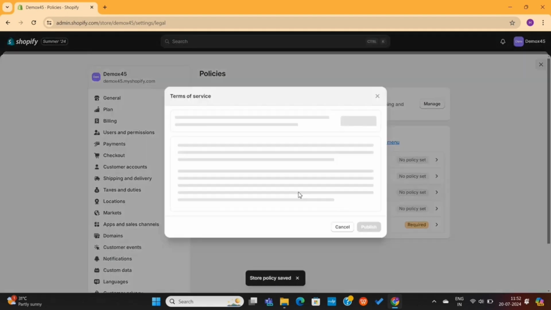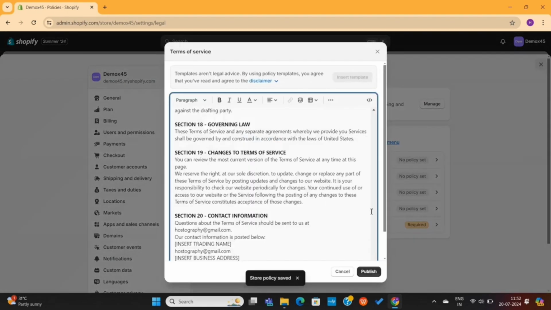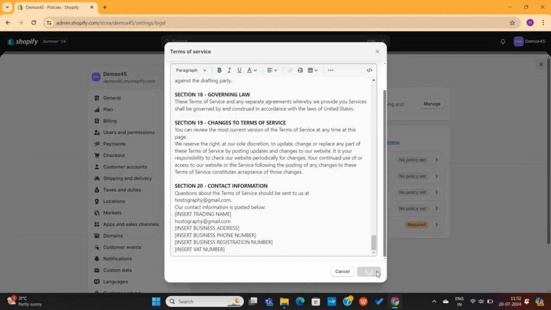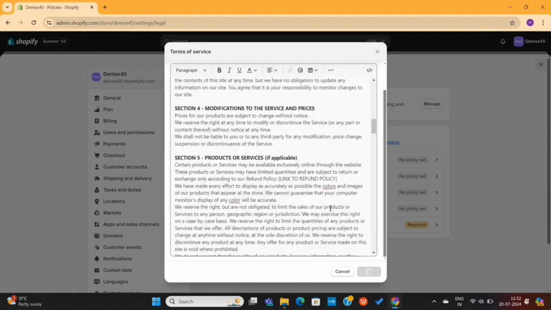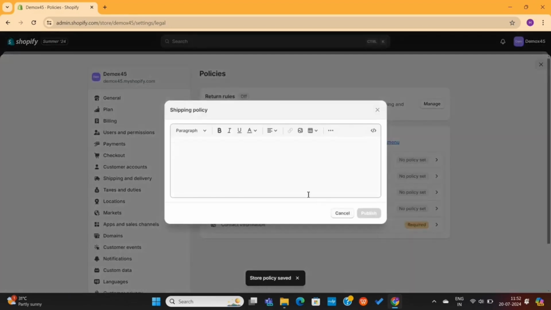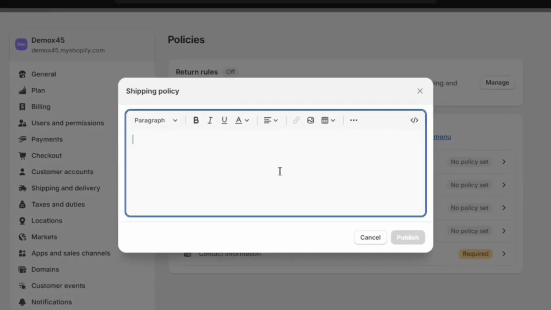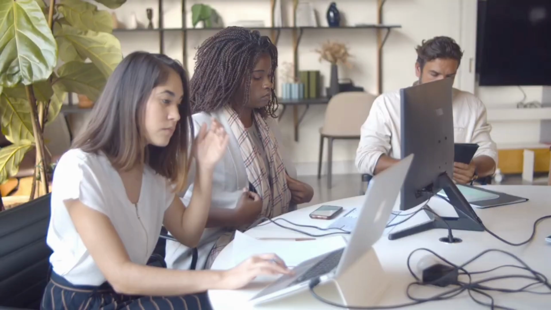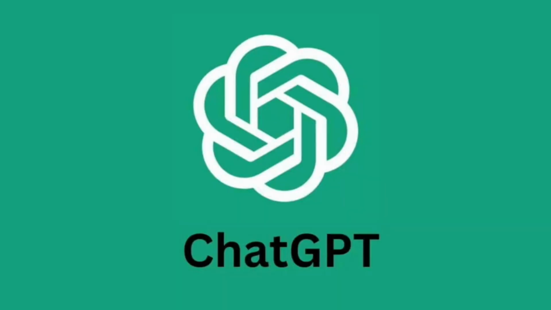This will make your work much easier, as you only need to make a little bit of changes in this template, and then publish it. And you can repeat the same process for creating your privacy policy and terms and conditions. Next, we have the shipping policy. Shopify doesn't have any templates for this shipping policy, but you can use an AI tool like ChatGPT to create